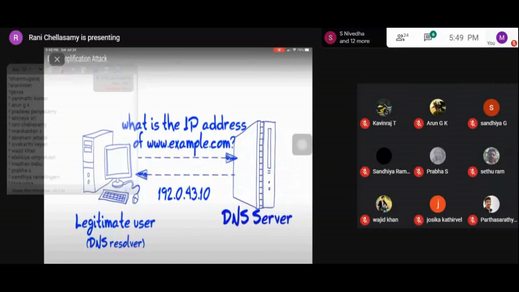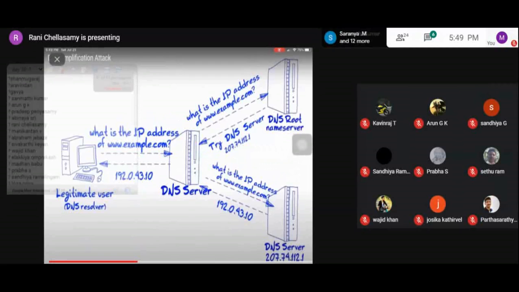In case the DNS server does not know the answer, then what will it do? In this picture you can see, if the DNS server does not have the answer for the request of the legitimate user, it directs the request to the DNS root name server. Okay. In case this DNS root name server also does not have the answer for the request, then it will reply with try some other DNS server.